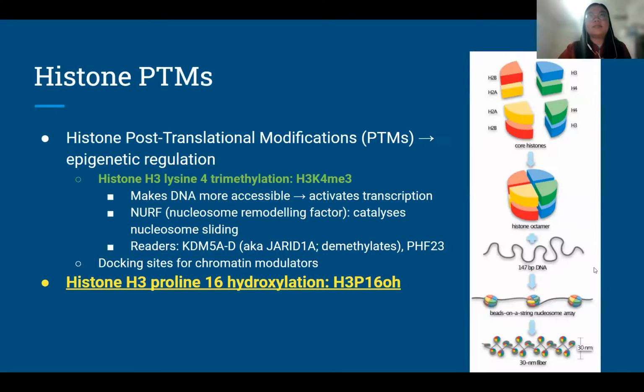Basically, histone post-translational modifications could lead to a lot of different epigenetic regulations. The most well-known of these modifications would be acetylation of histones, which I think was discovered in the 1960s or something. Another very common modification that we're actually going to focus on in this paper, in league with this newly discovered hydroxylation, would be methylation. Specifically, we're talking about the trimethylation of lysine 4 on histone H3 subunits.